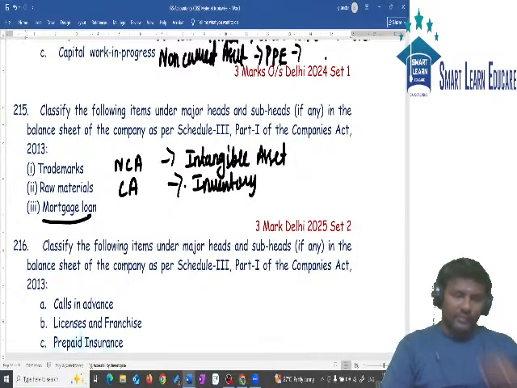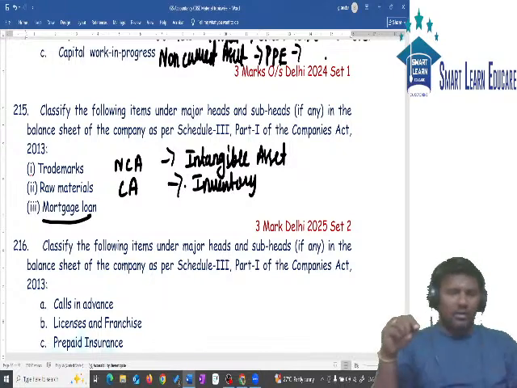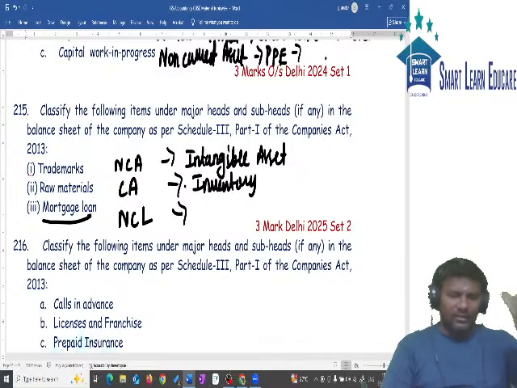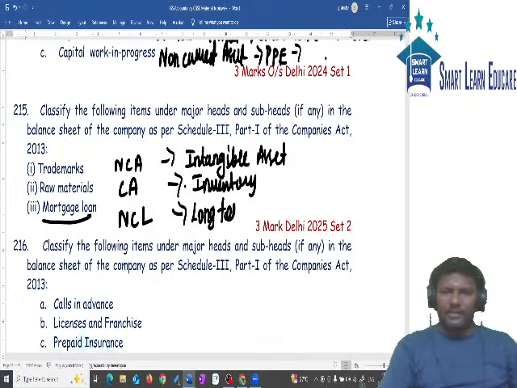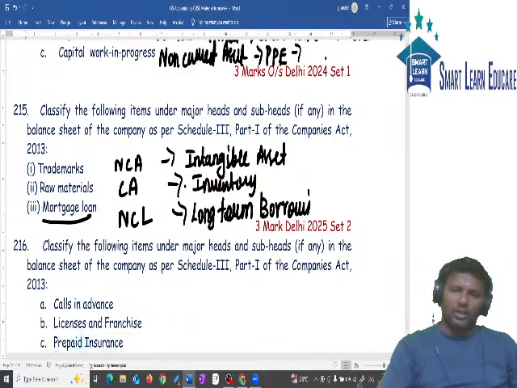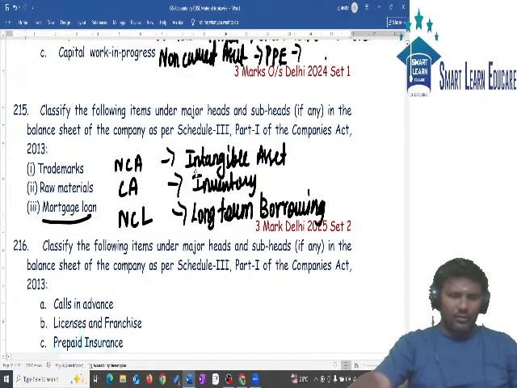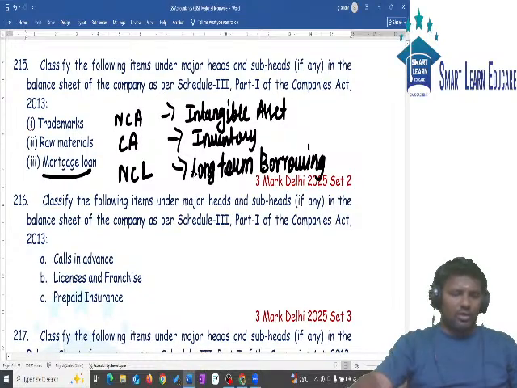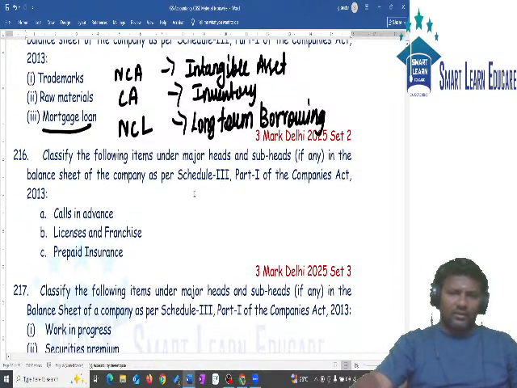Mortgage loan. I told you specifically, mortgage loan is a liability. In liability, it will come under what liability? Non-current liability. In non-current liability, under what heading? What is the subheading? It is long-term borrowing. Debentures is a long-term borrowing. In the same way, along with debentures, mortgage loan also is shown. Okay. Next,